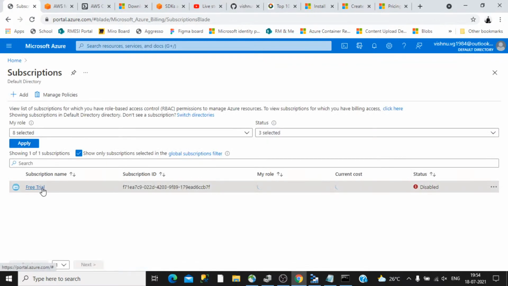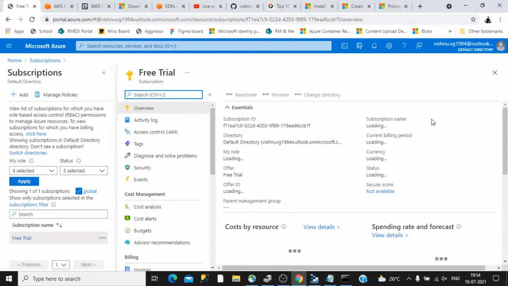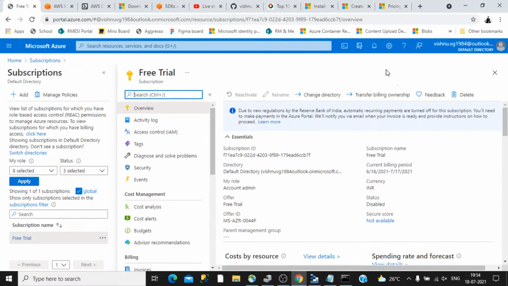I have this free trial here. If I open that, once the limit is over and the free trial is over, a button will automatically come on the top section allowing me to convert this subscription, and all the resources created under it, to a paid pay-as-you-go subscription, so that it will be charged onwards.